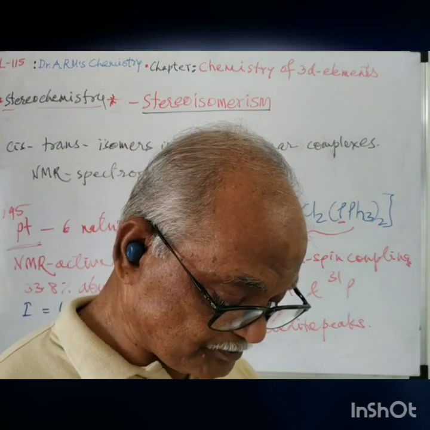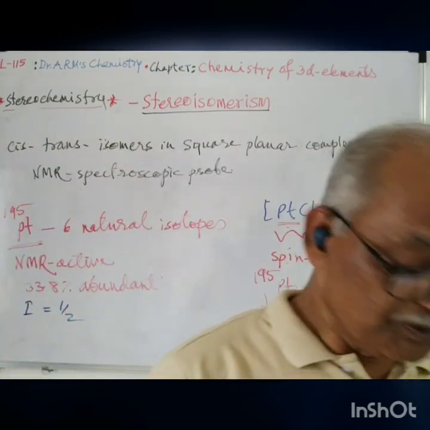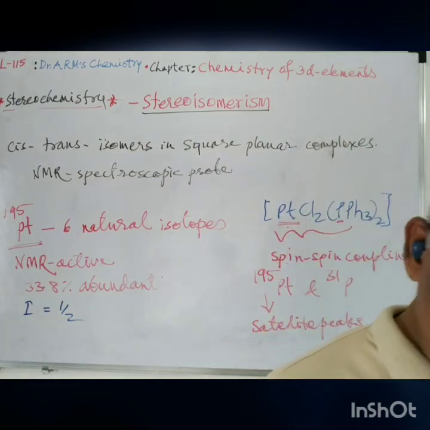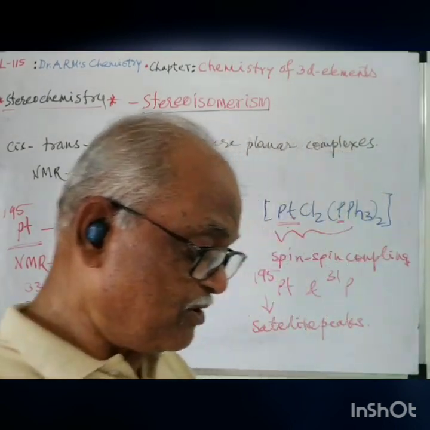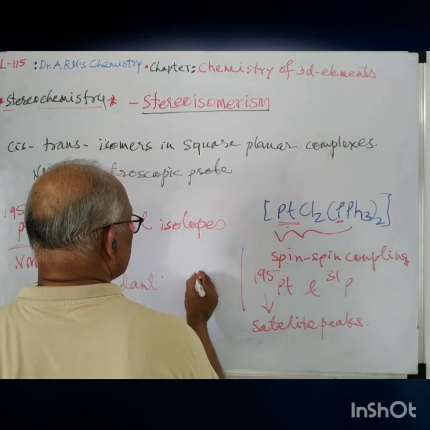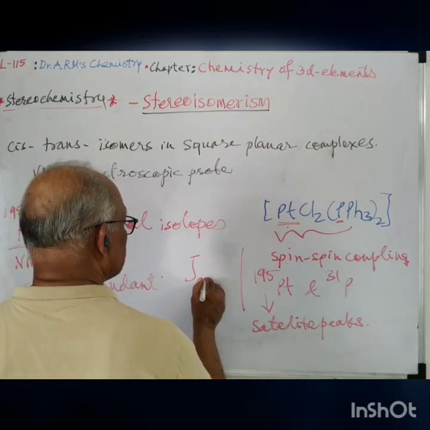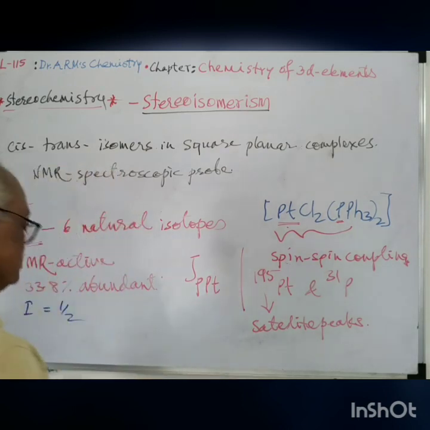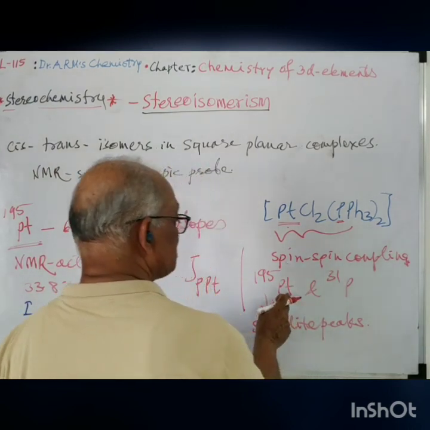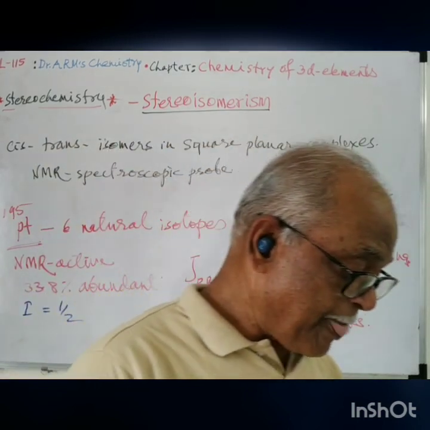So in this case, you will find that the radiations absorbed will be considered in terms of hertz. The coupling constant in this case, for both these cases, for platinum and phosphorus, is given by J P Pt. J P Pt indicates the spin coupling constant, which includes the spin due to this platinum-195 and this phosphorus-31. So in this case,